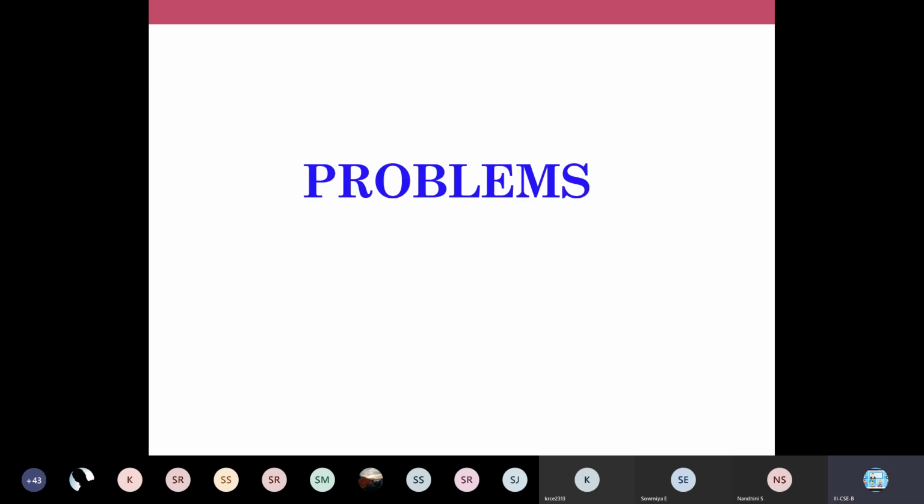So we'll start with the problems. For you to understand how to construct regular expressions, I have selected problems starting from the simplest problem to some tough problems. Some of the problems are ones we took for construction of automata, is it not? For example, we constructed automata for strings beginning with, ending with, substring, odd number, even number, like that. I've taken the languages in the same manner, and for these we are going to learn how to define regular expressions. So let's start with the first problem.